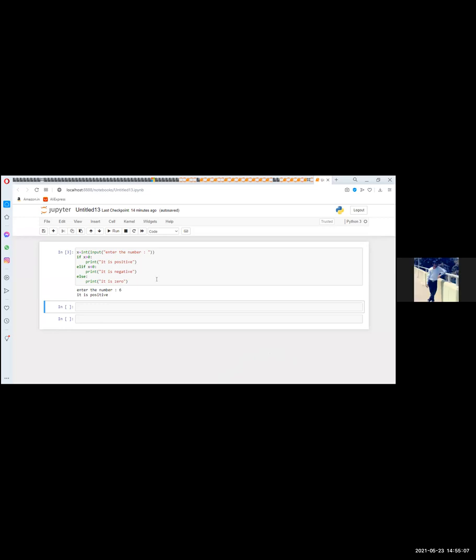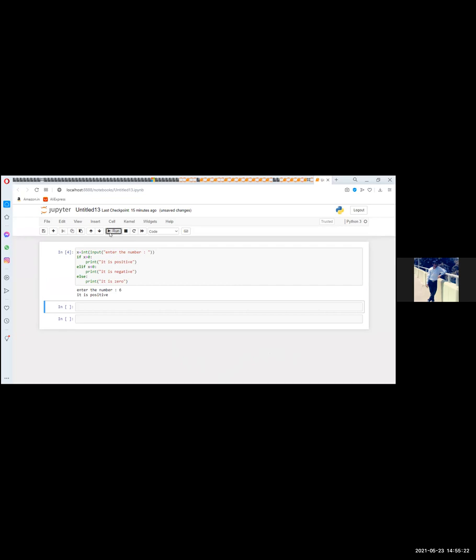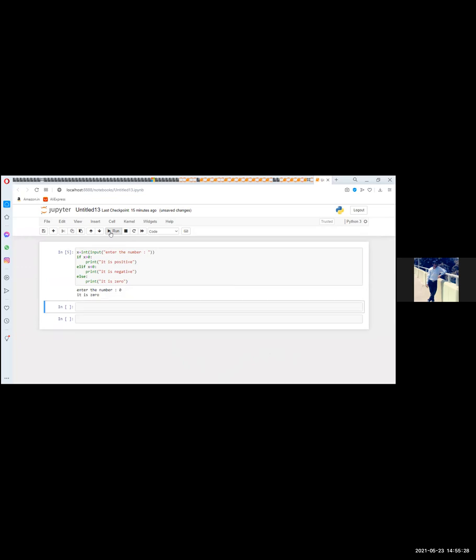The code is visible. You can run the code again. Enter any number. Okay. Run the code with 0. Okay. Fine. You can stop your screen.